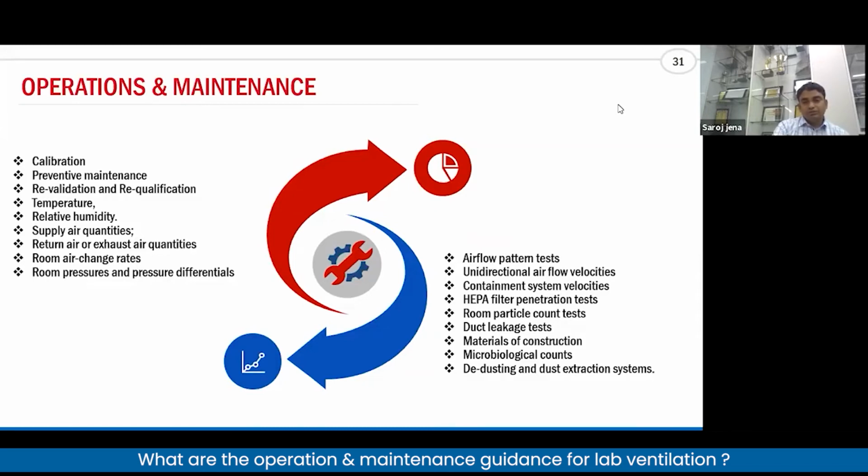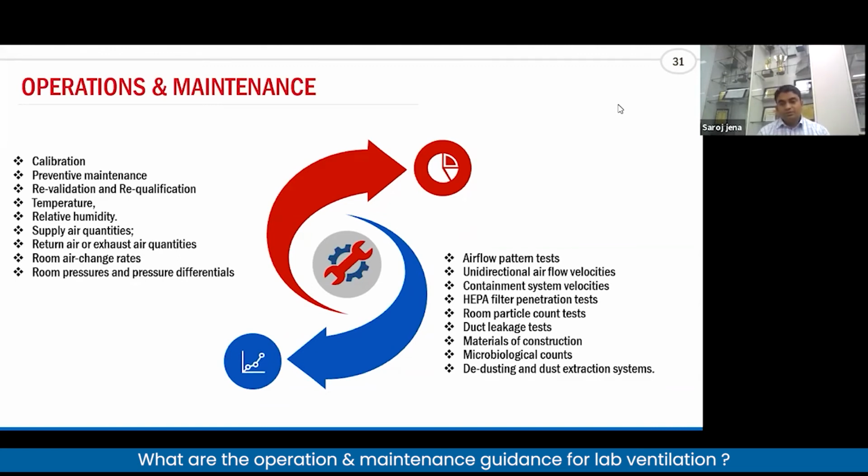And in some cases, during preventive maintenance, if the material of construction has color changes, remove it and also do the painting. And some are needed for the routine microbiological count. Whatever microbiological count is needed for this biosafety cabinet, if there is a HEPA filter leakage, the count is increased and all these things can happen.